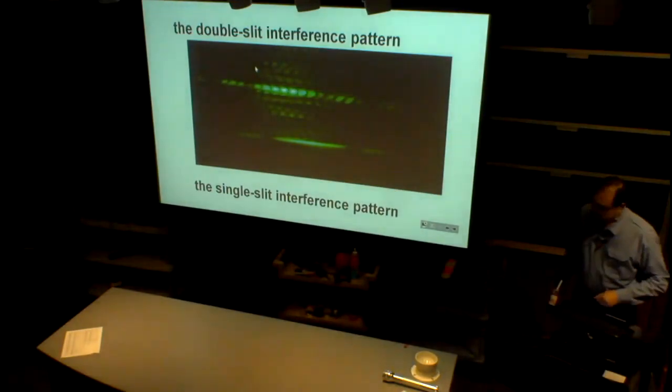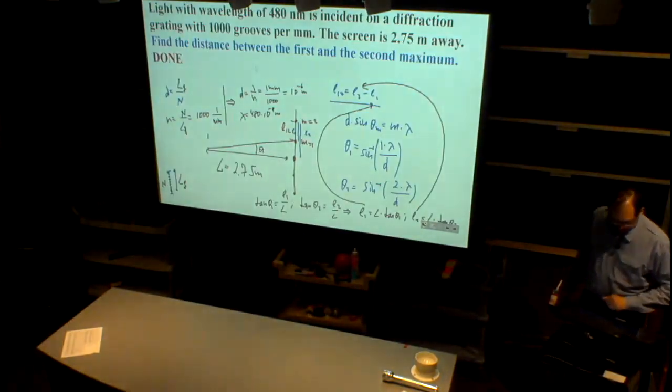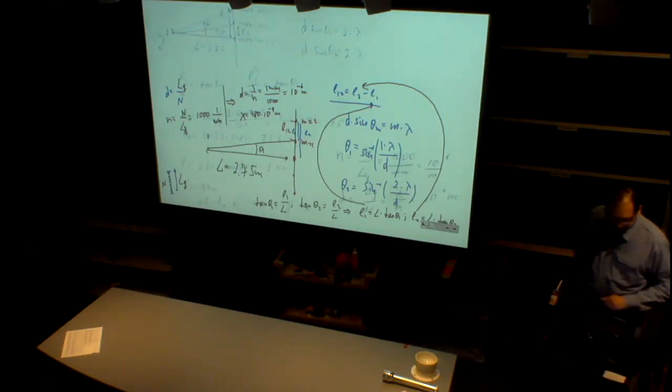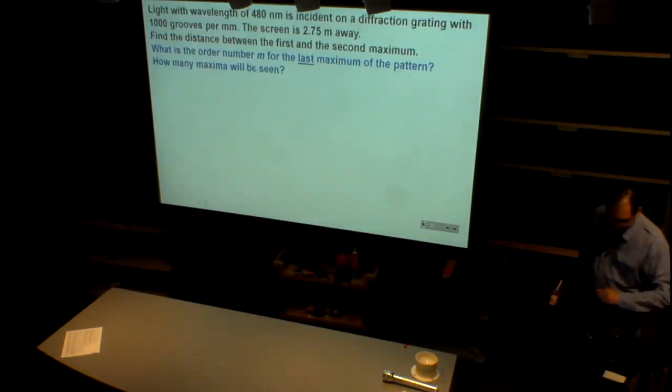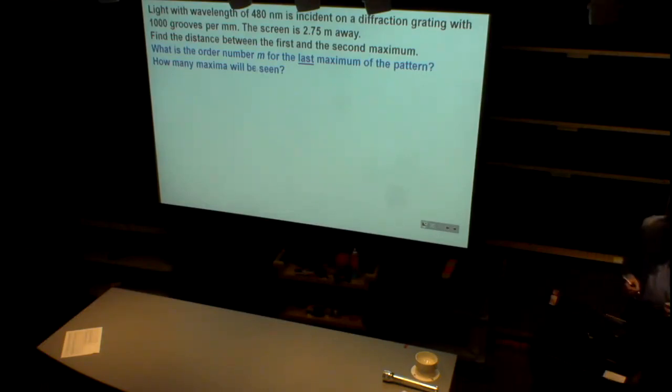Now you have to think about how to calculate how many maxima you can see on the pattern created by any of the devices. The strategy is the same for all devices. Doesn't matter if it's a single slit or double slit or diffraction grating. The strategy has to be the same. So, pictures. We have solved this problem, calculated the distance between the first and second maximum, but we didn't finish the calculation about the number of maxima. So the idea is simple. If we look at the screen,